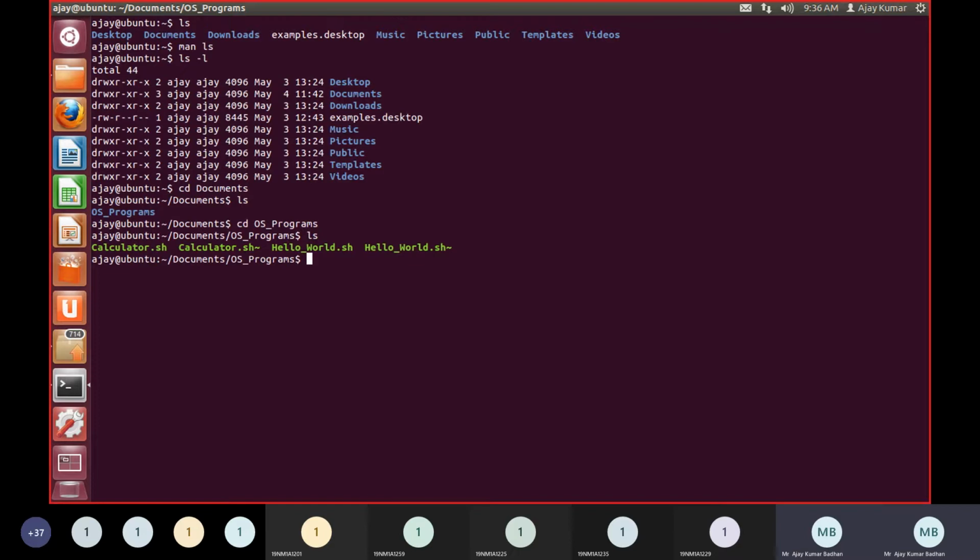Have you seen this? Have you people seen this? This time the colors are different. If you can see this particular color, it is represented using green. I told you that whenever you are representing files, they will be represented using a green color. So all of what you are seeing here are the files.